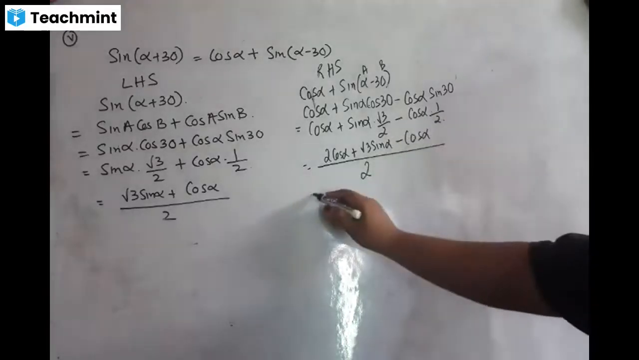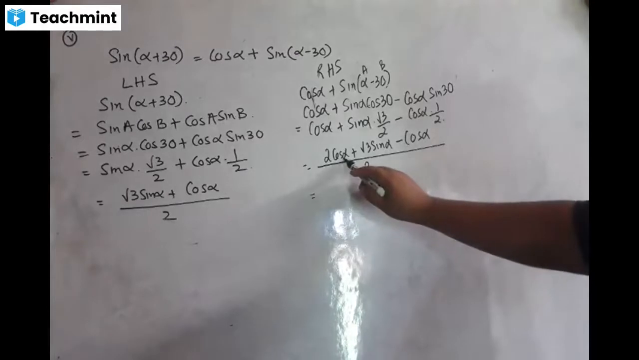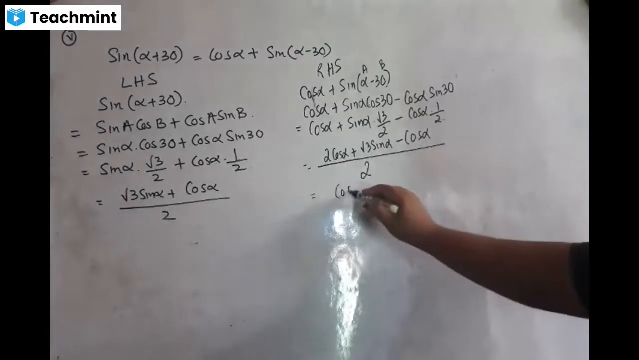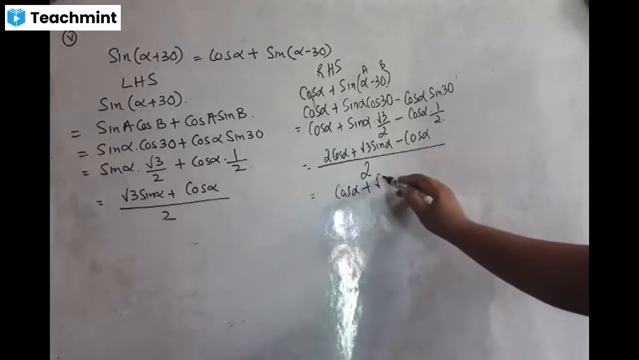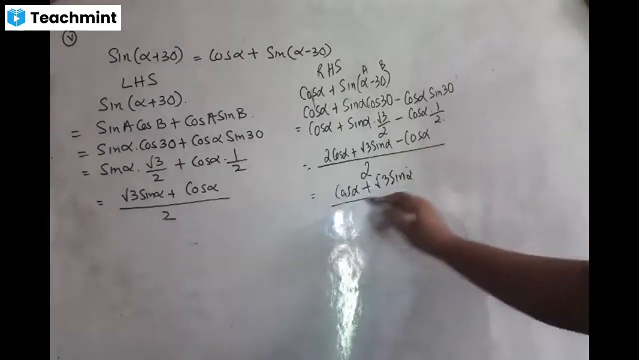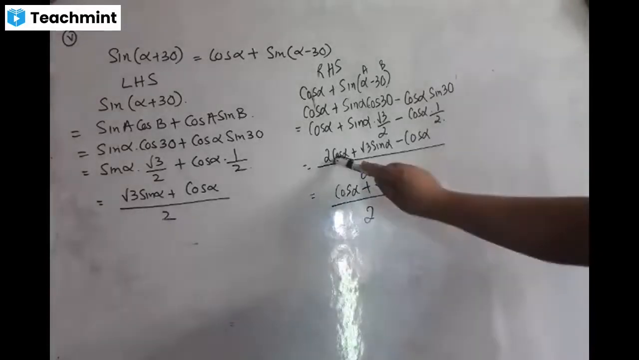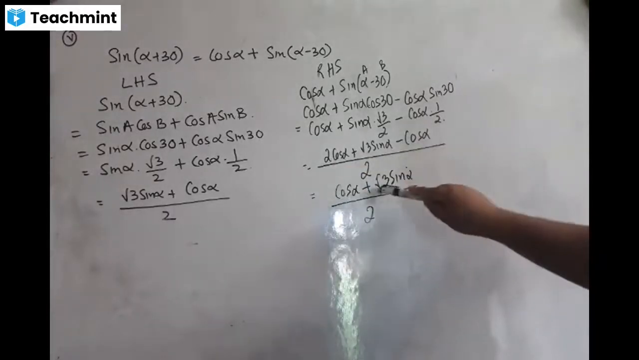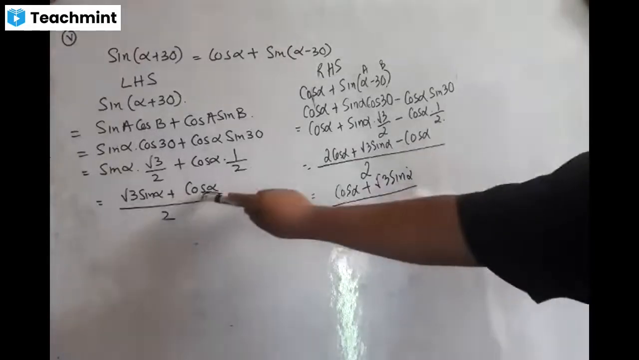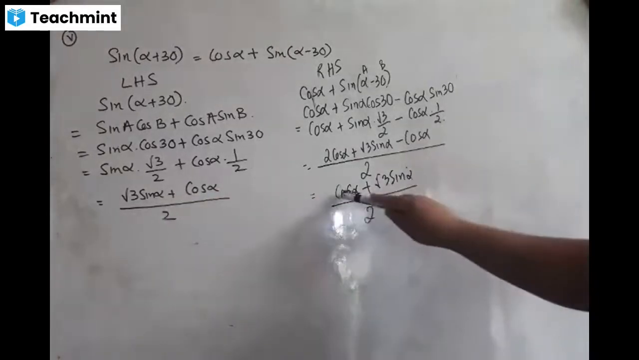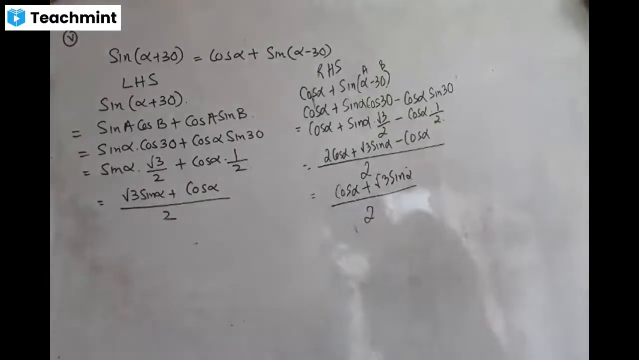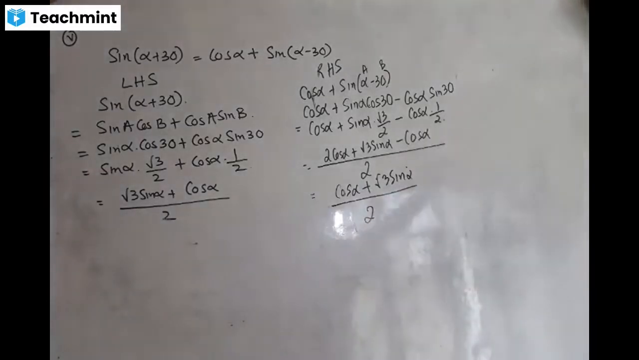So as you can clearly see, these are the two like terms. 2 cos alpha minus cos alpha. What is that equal to? Cos alpha plus root 3 sine alpha divided by 2. So see, didn't you show that left hand side equals right hand side? Root 3 sine alpha plus cos alpha divided by 2. So LHS equals RHS. In both the left hand side and the right hand side, I used only one formula, and that